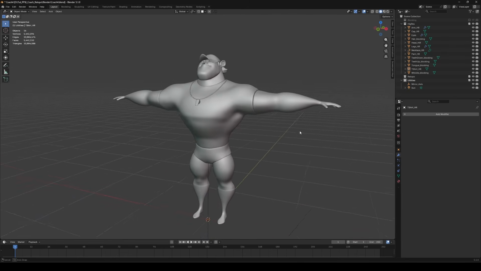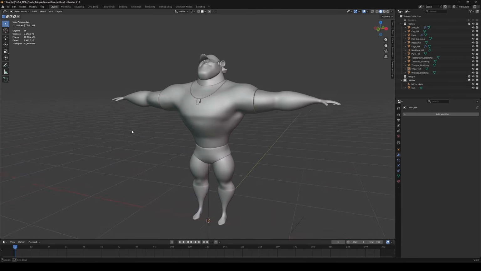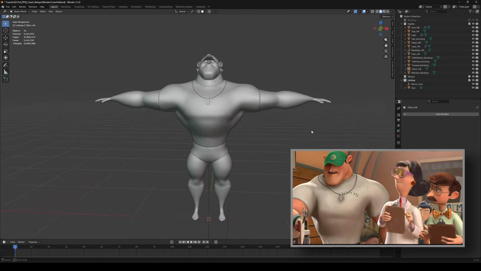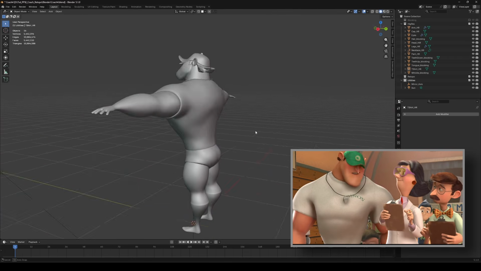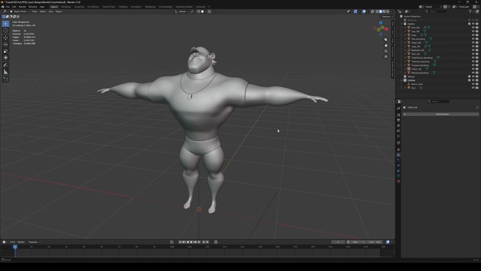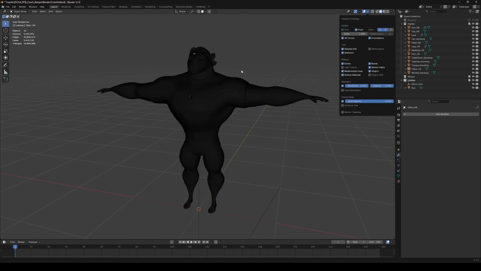Let's go! So for today's video, as I said, we are going to use this model that we sculpted in Blender. His name is Coach and he comes from the movie Meet the Robinsons. We thought it would be really interesting to work on him and eventually create some animation in a future video as well. As you can see, this is a high resolution mesh with a very high poly count, around 10 million